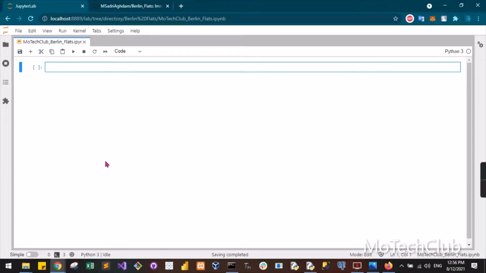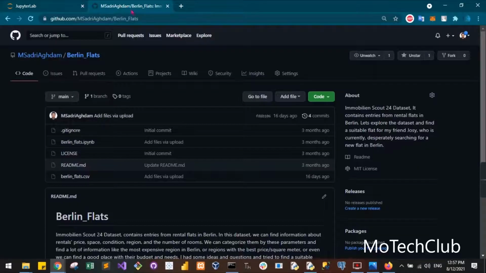Hello everyone, my name is Mo and today I want to work on a data science project, let's say data analytics. We have a data set that contains some information about rental prices in Berlin, about different flats in different regions, and their sizes and prices. So we are going to import the data and work a little bit on this data set, and you can find it on my GitHub. I will put this link